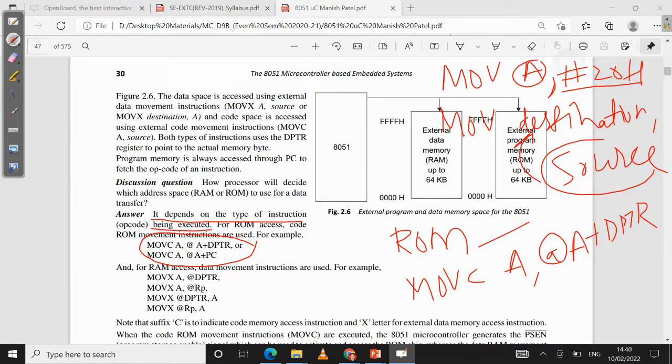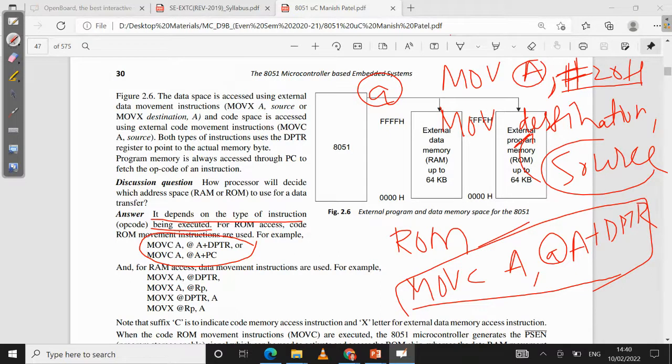तो आपने हैश लिखा. What does hash mean? हैश मीन्स इट इज द इमीडिएट डेटा. It is not the address. It is the immediate data. If I have to show the address, it will be shown by @. So here it is the data which I am moving into A. Similarly, if I have written an instruction MOVC A, @A+DPTR,